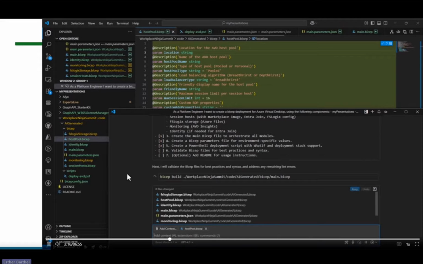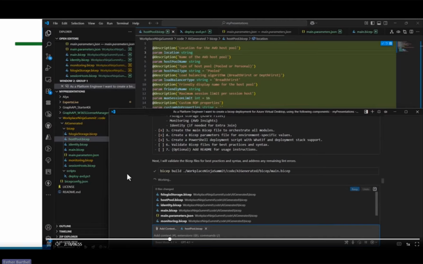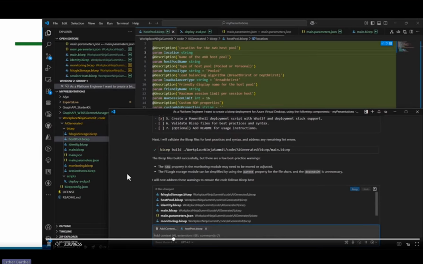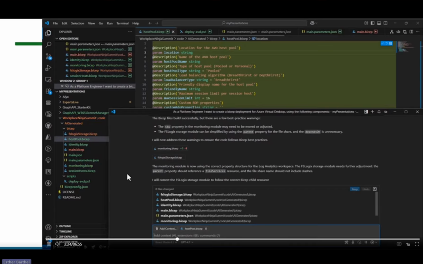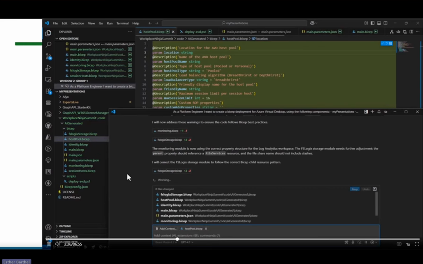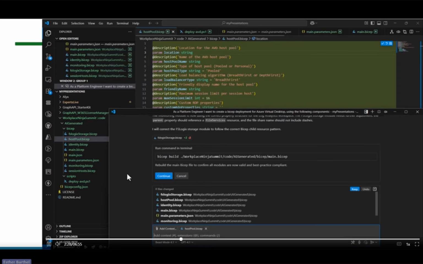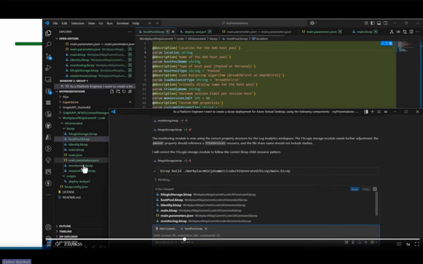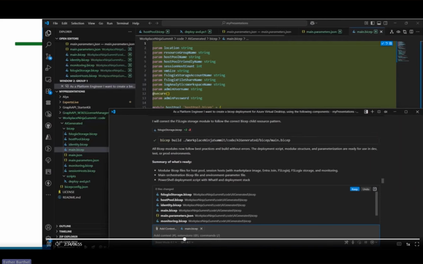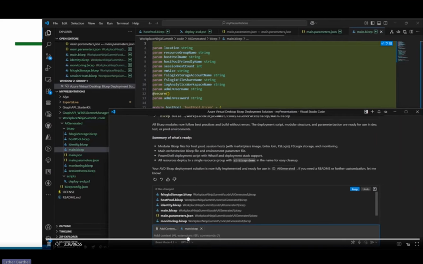So it's trying to instantly validate the files and the code that it created, and then find solutions for the errors it's still seeing. That's why you see the file names switching between red and green colors, because that's the linter functionality, and my agent is frantically trying to fix all the errors that it's seeing.